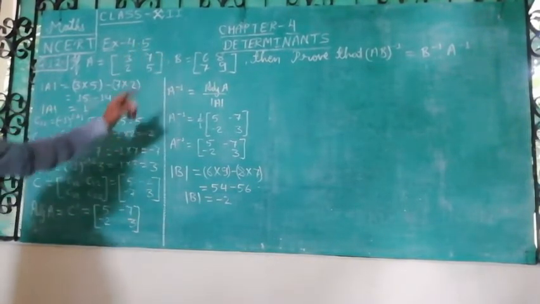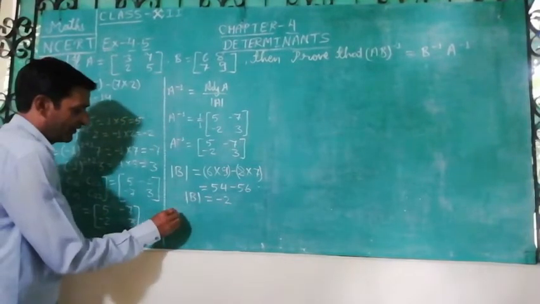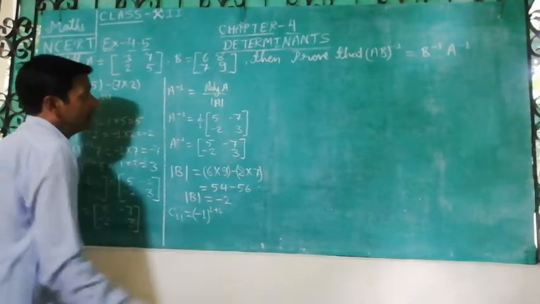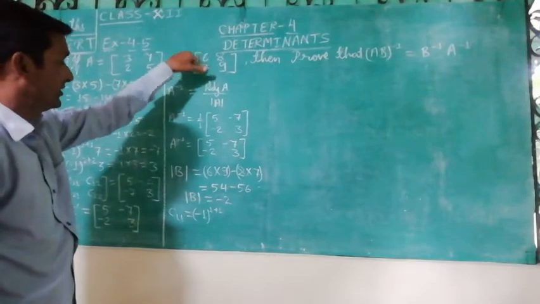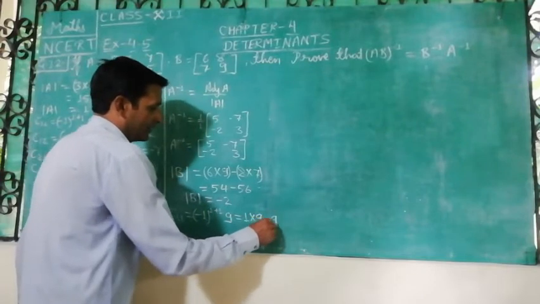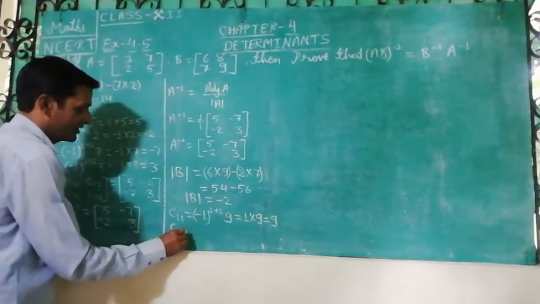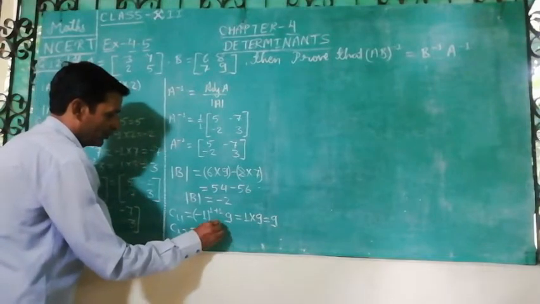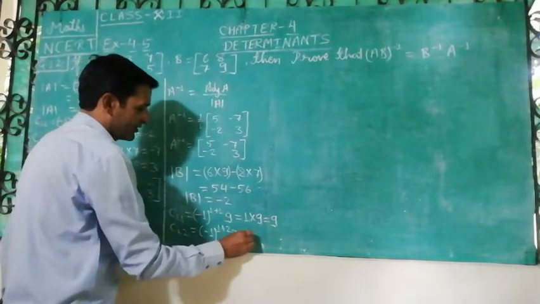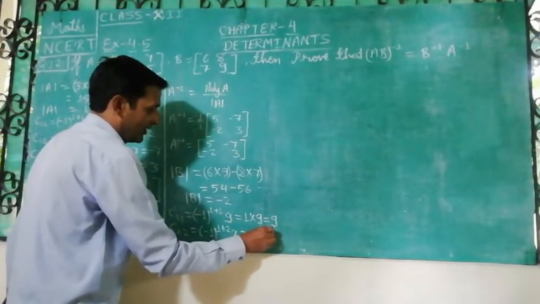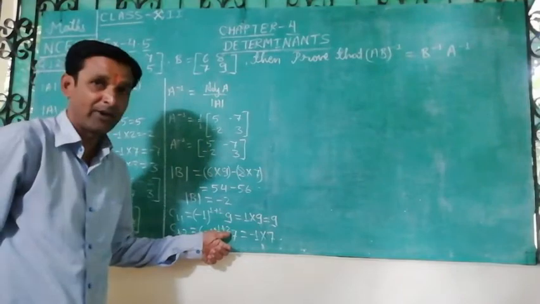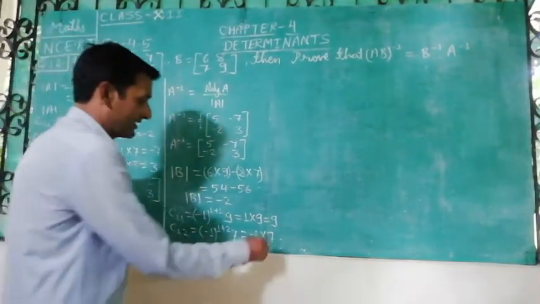Now for B inverse, we have to find adjoint of A again. Sorry, adjoint of B. So for finding adjoint of B, what we have to do? C11 again. That will be equal to minus 1 raised to the power 1 plus 1. First row, first column will be eliminated. So remaining element is 9. So here it will be 1 into 9, that is equal to 9 only. Now C12 is equal to minus 1 raised to the power 1 plus 2. Then first row, second column will be eliminated, 7 is the remaining element. So here it is minus 1 into 7, because 1 plus 2 is 3, which is an odd number. So minus 1 with an odd power will be negative 1. So it will be minus 7.